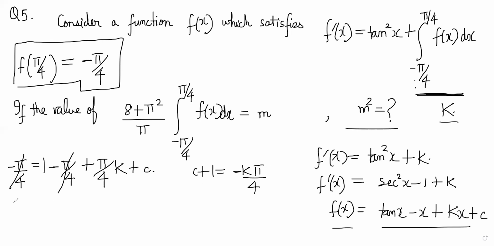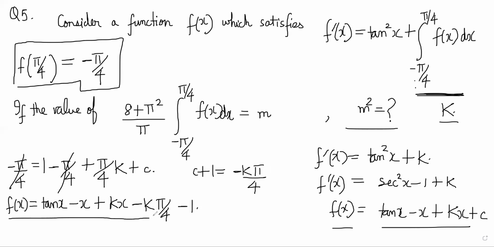So f of x is coming as tan of x minus x plus k of x minus k pi by 4 minus 1, right? Okay, so f of x we have gotten in terms of k. Now all we have to do is find k somehow. Yeah, k is equal to the integral from minus pi by 4 to pi by 4